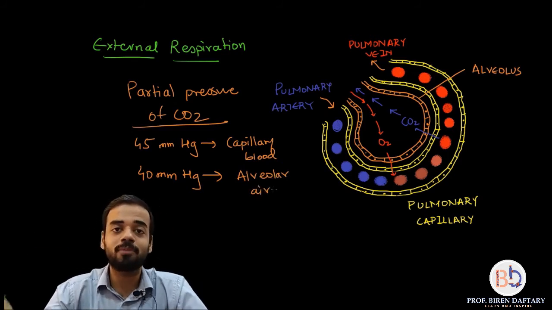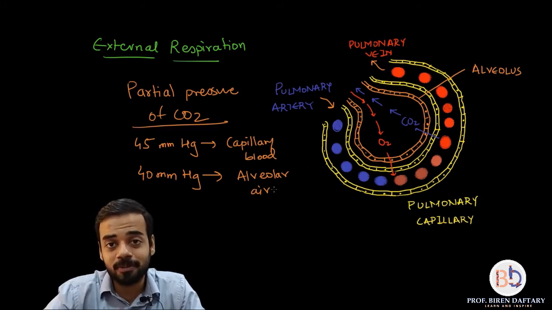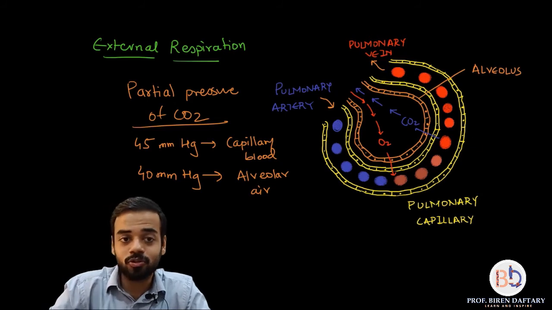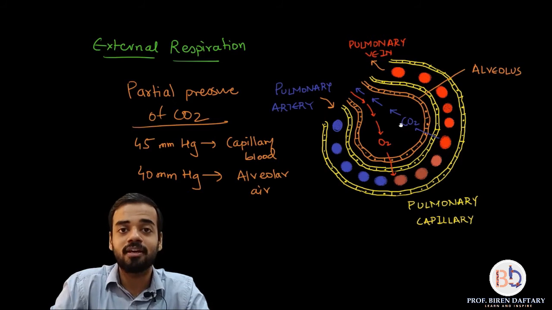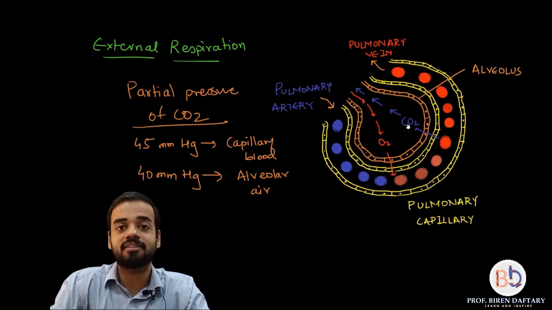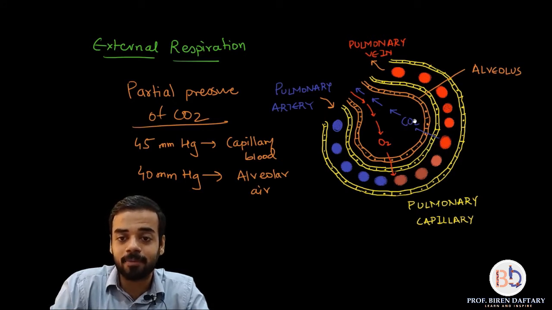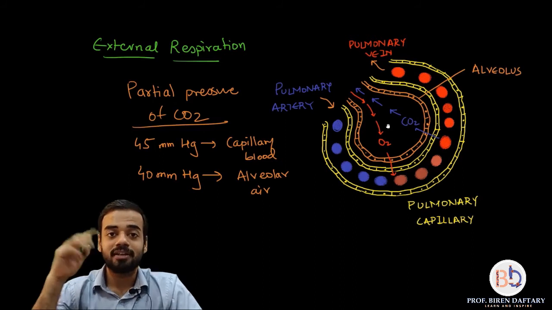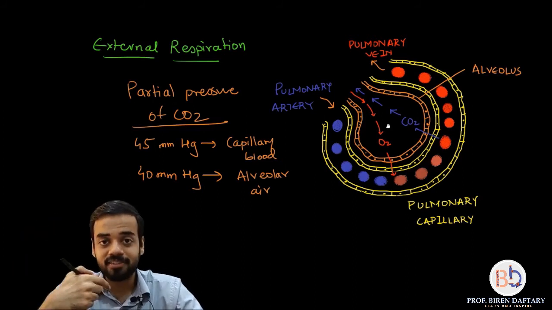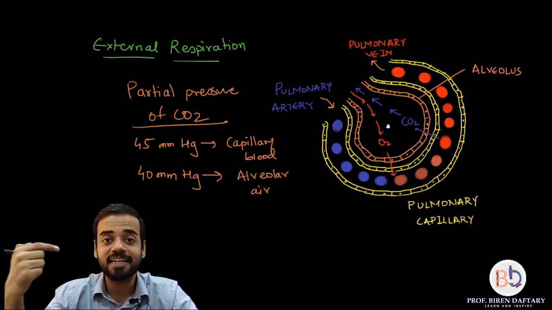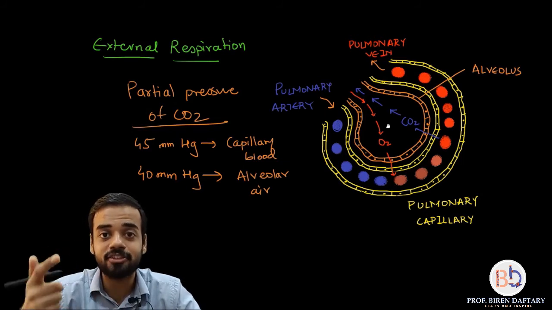So now what is going to happen? Again the same principle, carbon dioxide will move from higher partial pressure to lower partial pressure. So it is going to move from the capillary to the alveoli, in this direction. Is this clear? I have shown it over here. Carbon dioxide moves from the capillary to the alveolus. So now are you understanding why, during inspiration, the oxygen that we take in enters the blood, and why carbon dioxide during expiration leaves the blood?